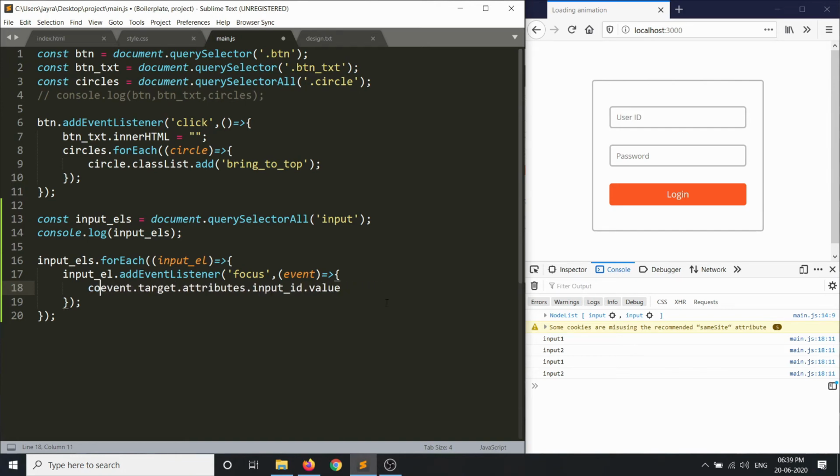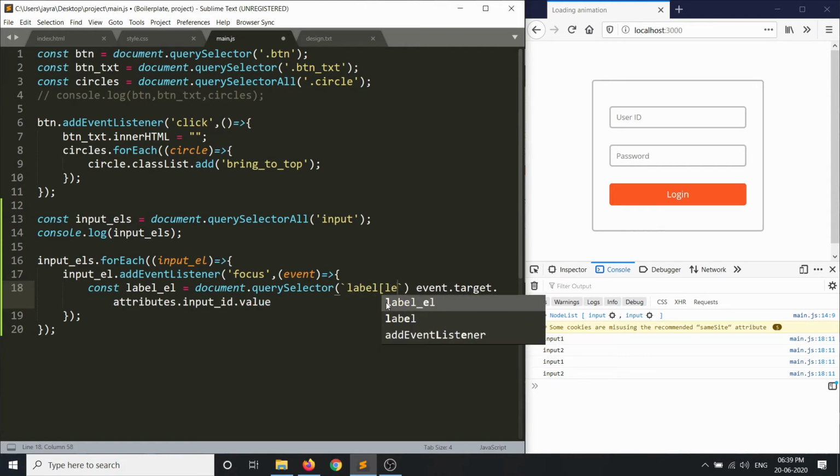So we'll create a constant variable, const labelElement equal to, let's have a space here so that we get IntelliSense, document.querySelector, and here we'll use template strings which says label with the attribute of label ID equal to double quotes.